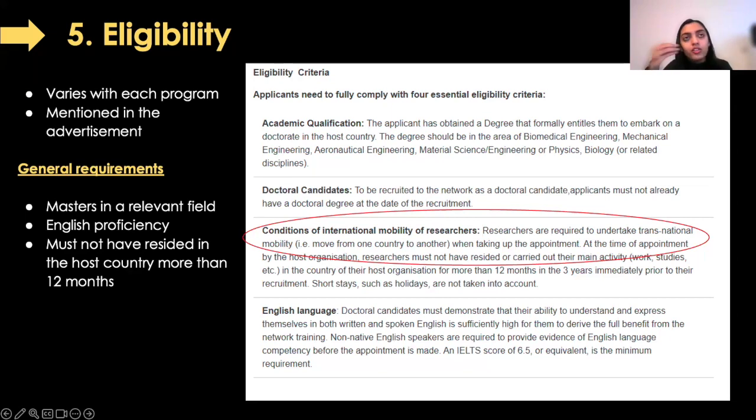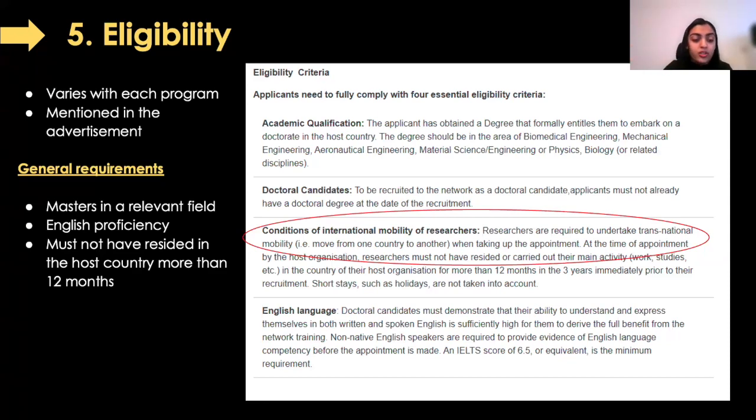So the Marie Curie fellowships, one of their strong points is that they encourage mobility. You have a lot of partner institutions, and you can travel within the partner institutions to either do your experiments, learn some techniques, or undergo workshops.